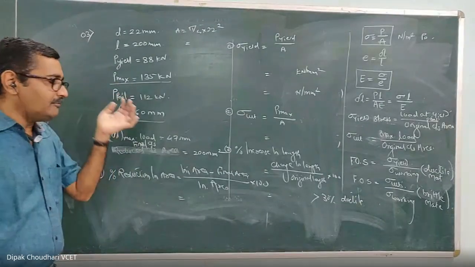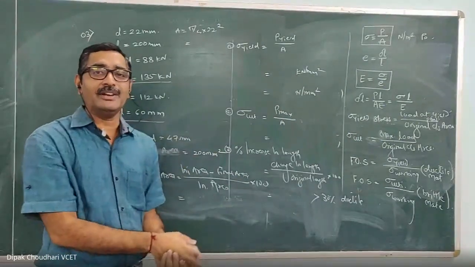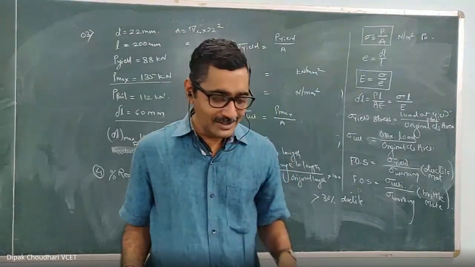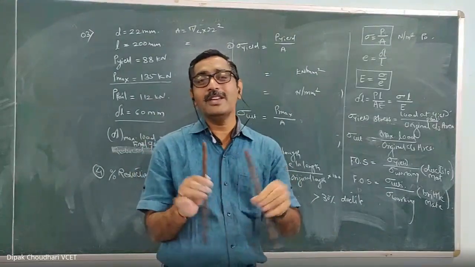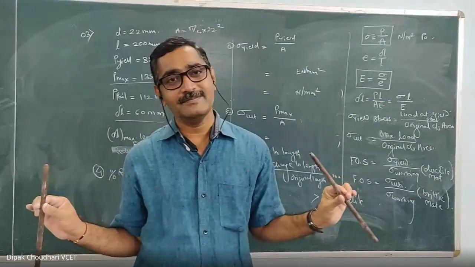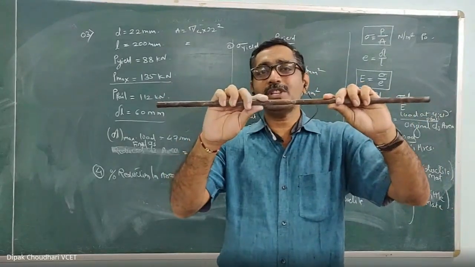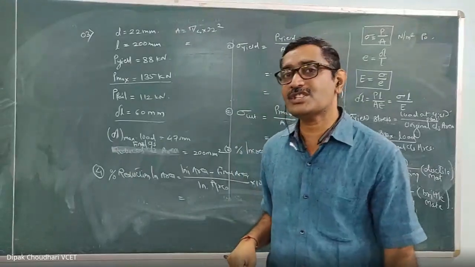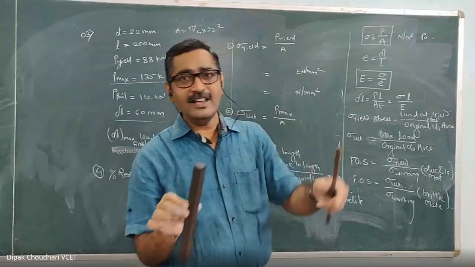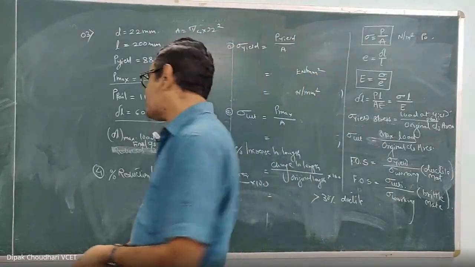In our first experiment we have to calculate the percentage increase in the length and the percentage reduction in area, and from that we have to conclude whether the given material is ductile or brittle. We can also decide this just by observing the failure pattern of the material, or by this calculation. Here you will observe that this is a ductile material: there is a neck formation and finally it failed, meaning the area of cross section reduced. But in case of a brittle material, the area won't reduce, there is a direct failure. Any doubt? Now we'll stop here.